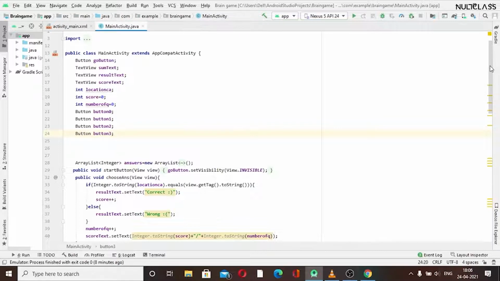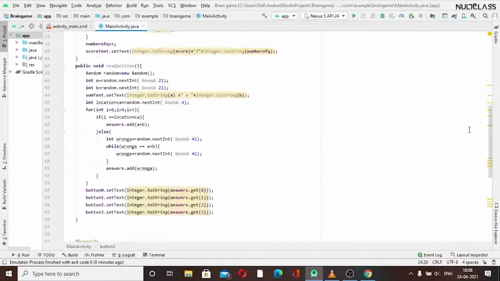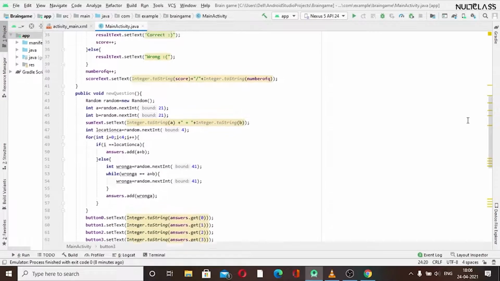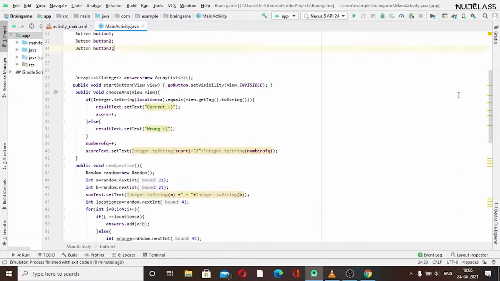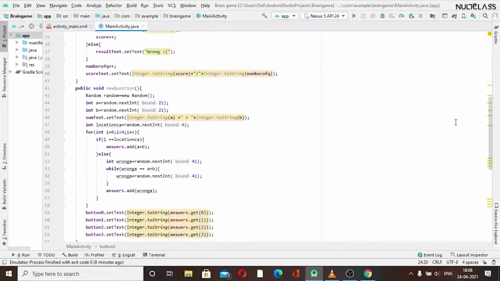Okay, so now I think all the errors will be removed. Okay, this looks fine now. And now I just want to add a thing here, that whenever we are creating a new question, we have created our array list for our answers here. So every time we get 4 new answers, whether three of them are incorrect and one is correct, they will get added on. Like we are getting 4 answers for one question, then we will get 8, and then the array list size will keep on increasing, and that will create a mess.